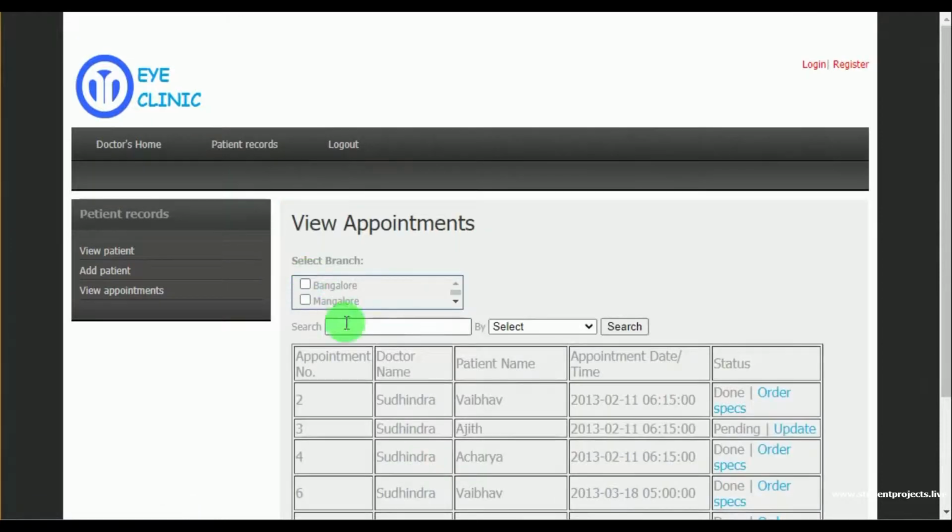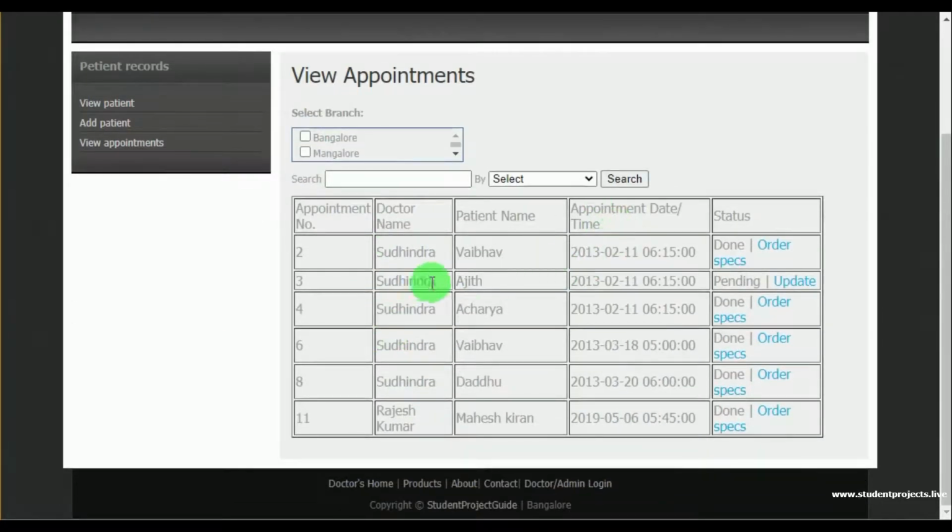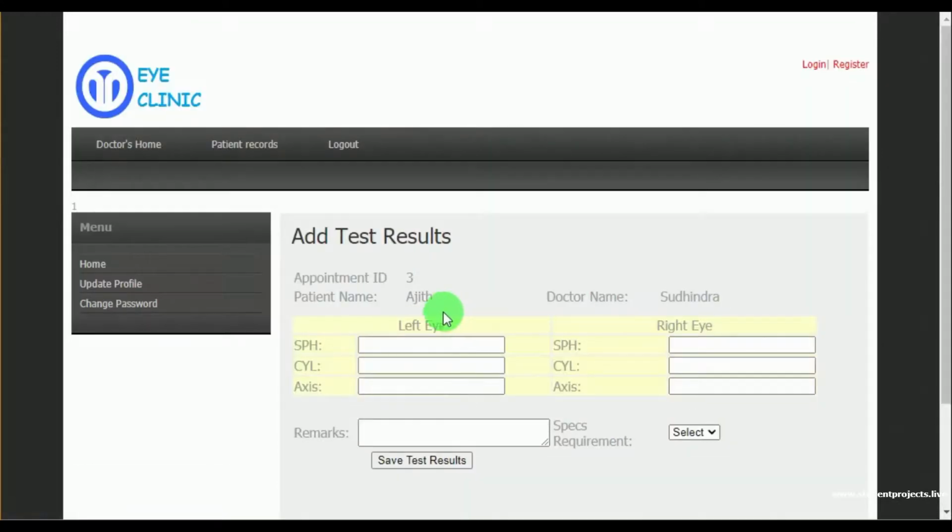Under view appointments, here doctor can view the appointments made by various patients, and doctor can update the appointment details, that is by entering the test results. Here the test results related to eye care is added.